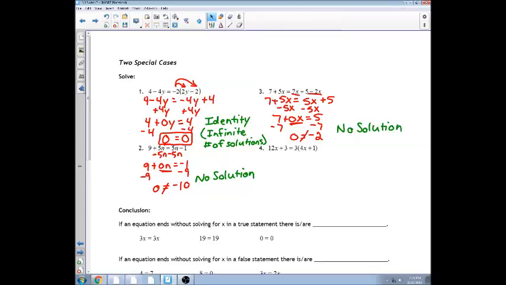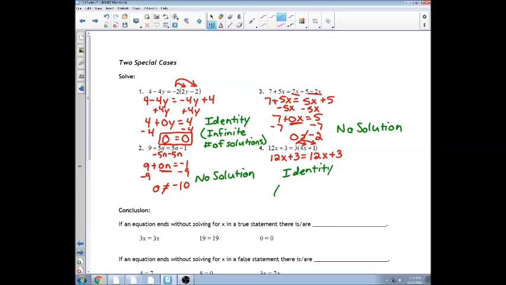Okay? Finally, number 4. A couple things I could do here. I could divide by 3 to start with, but I'm not going to. I'm going to go ahead and distribute. I'd have 12x plus 3 is equal to 12x plus 3. Well, those are equal to each other, right? Well, that means that I do not have to continue. It's going to be identity